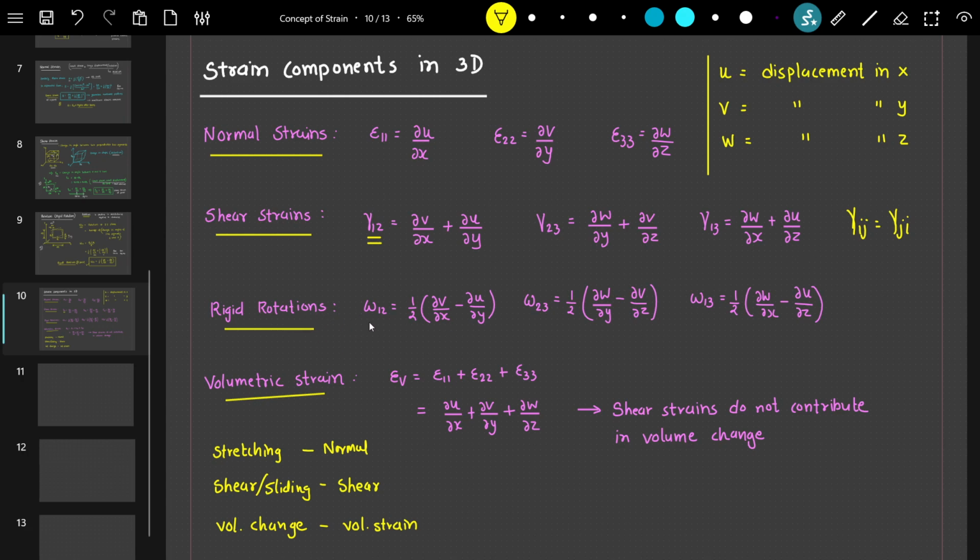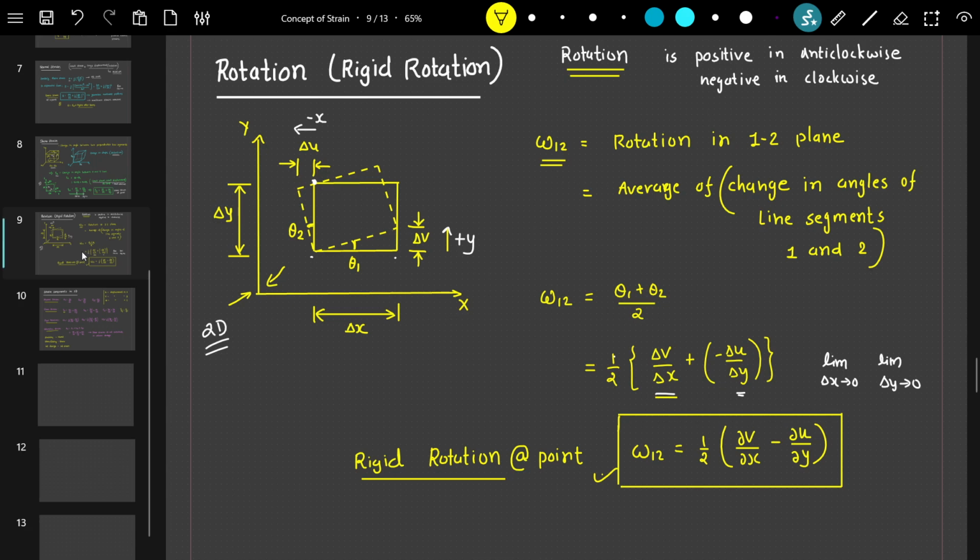And rigid body rotations, similarly, there are six rigid body rotation components: omega 12, omega 23, and omega 13. And similarly, omega 21, omega 32, and omega 31. So here we can say omega 12, or I will write it in ij. Okay? So omega ij is equal to minus omega ji, because this is rotation. Okay, as we know, the rotation we have seen here